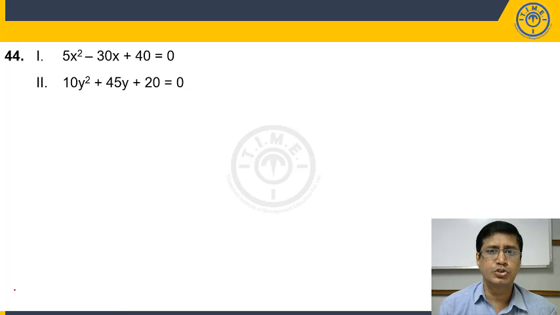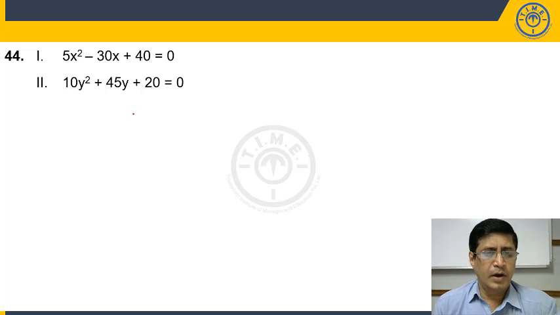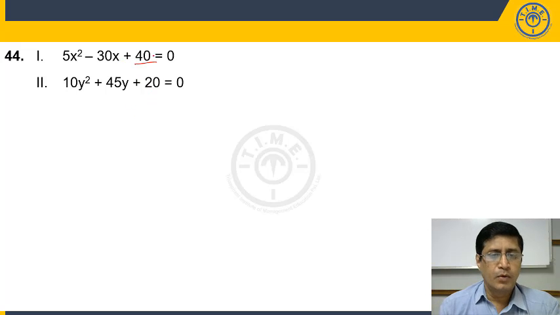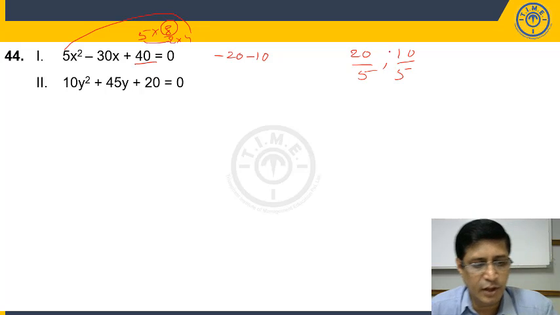Now, as many students, two equations are given. Just try to find the answer for this one. If you observe this carefully, what are the roots? 40 means 5 into 8. Am I right? 5 into 8 is 40. Now, what is the possibility? I am expressing it as 2 into 4. Now, what is the result? 2 into 5, 10. 4 into 5, 20. So minus 20 and minus 10 means positive 20 and positive 10 by 5 are the roots of the first quadratic